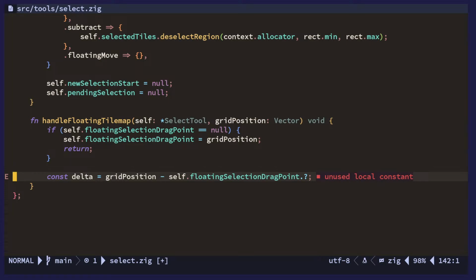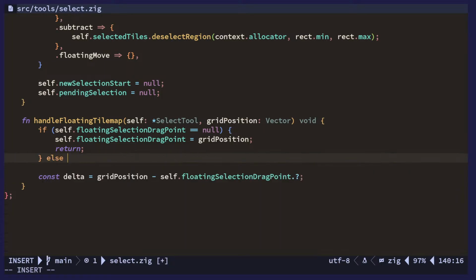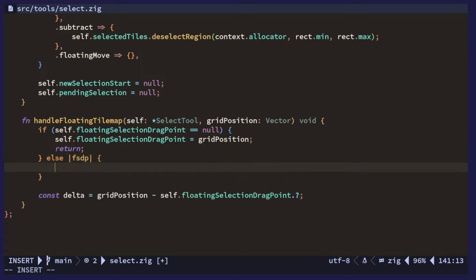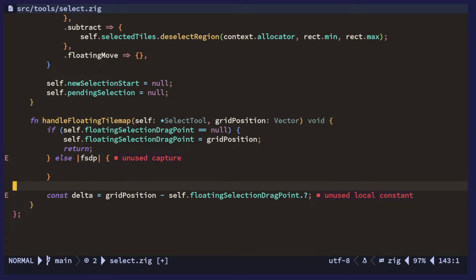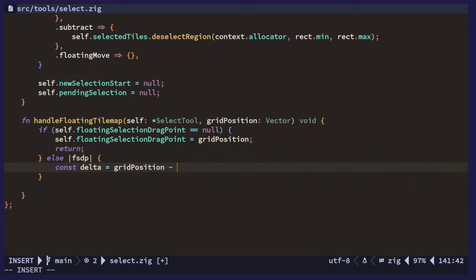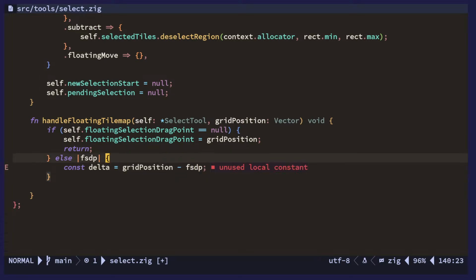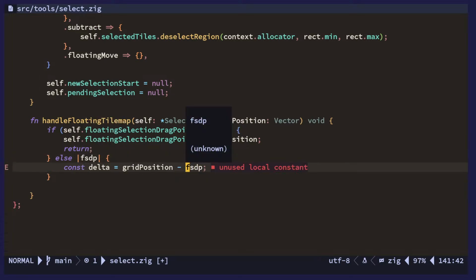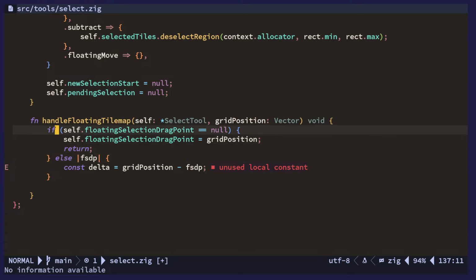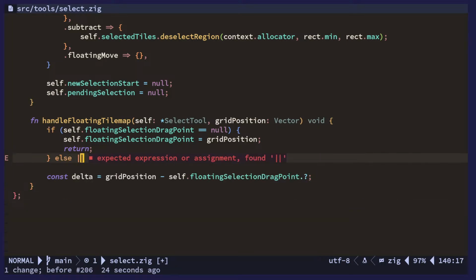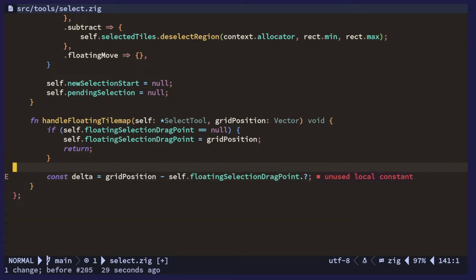Okay, so I guess you could do else and then capture? I don't think so, but wait, can you do that? Is that something you can do? I don't think so, but it would be cool if you could. Yeah, I'm not going to test that right now. Okay, so anyway,